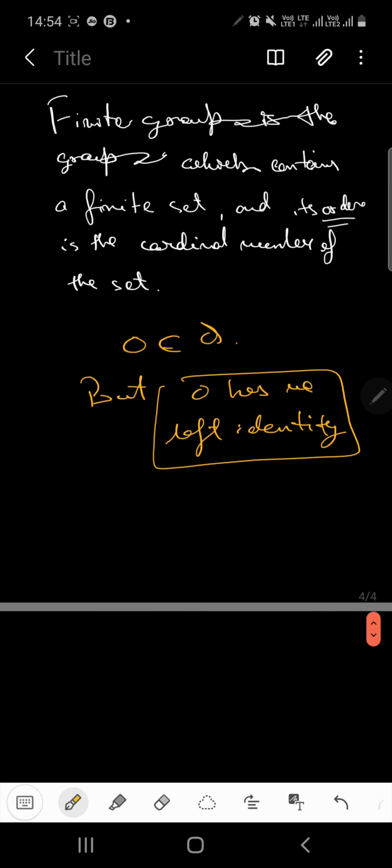Okay, so let us keep this lecture up to this much. In the next lecture we will be learning about the elementary theorems on groups, and we will see some proofs of those elementary theorems, and later we will be moving on to permutations. Okay, so meet you in the next lecture.